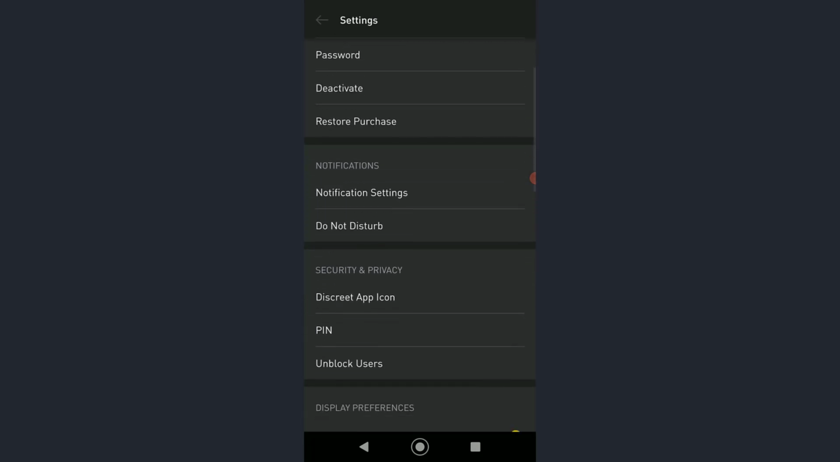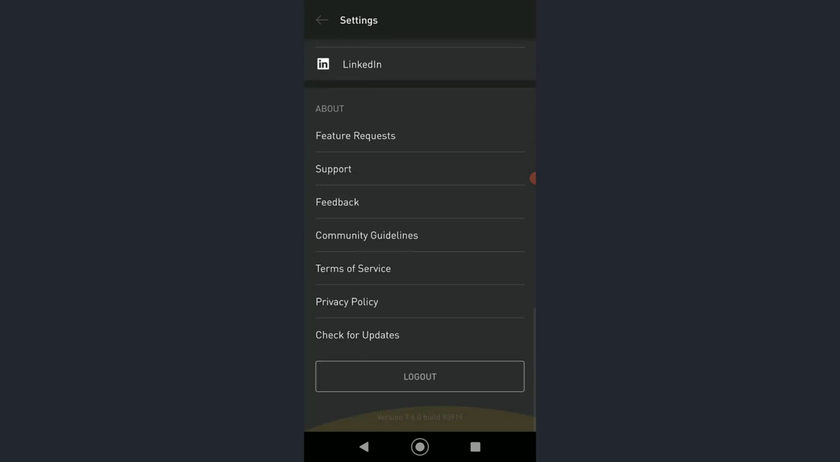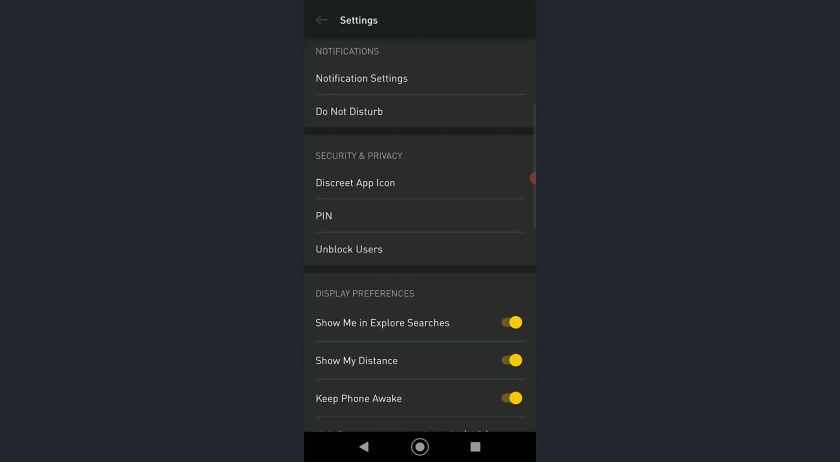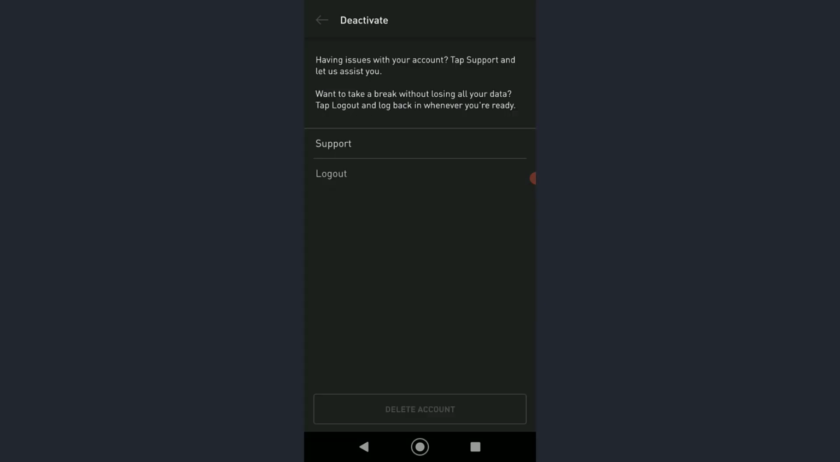And now over here, as you can see, if you scroll all the way down, there is going to be a deactivate your account button, which is right over here. So if you tap there, and then tap on delete account down here,